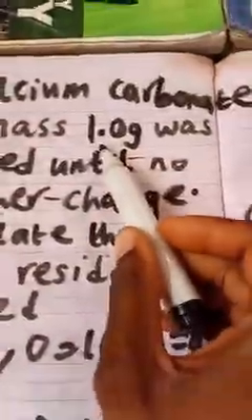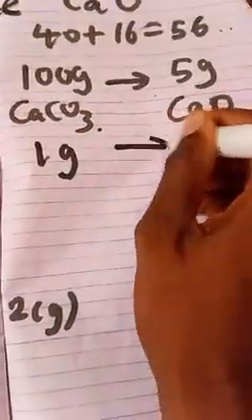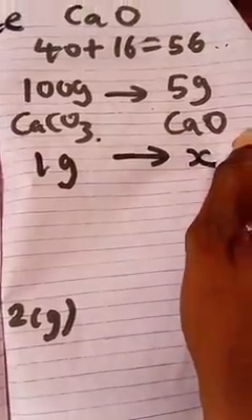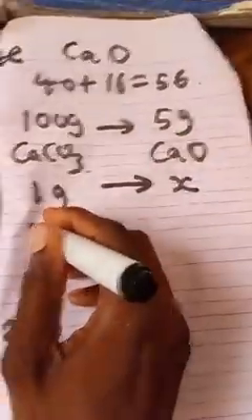Now, we didn't decompose 100 grams. The question says we decompose 1 gram. So if we decompose 1 gram, what will be formed? We can call it x. So what we can do now is cross multiply, so that 100x